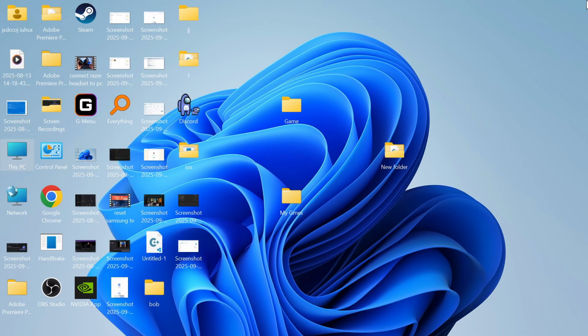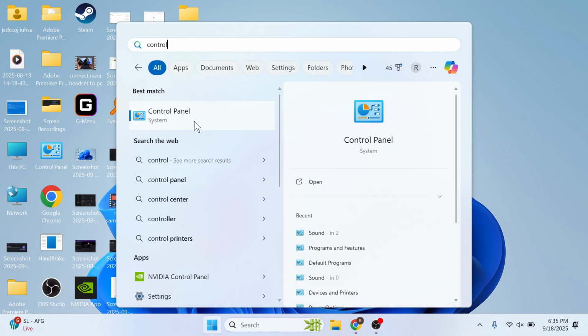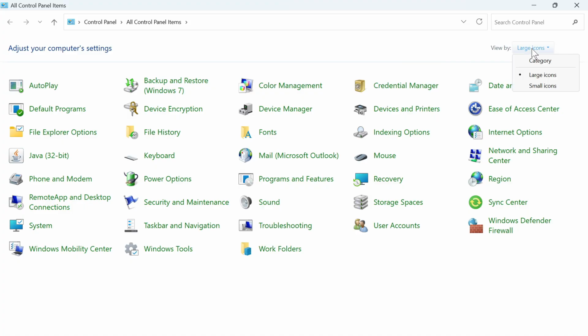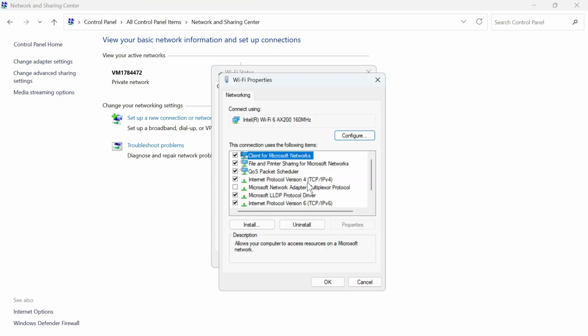Once you've done that, close out of this window and open up the start menu, search for control panel and click on this window here. In the top right hand side, make sure view by is set to large icons and then click on network and sharing center. You can then click on your connection from the list, click on properties and double click on